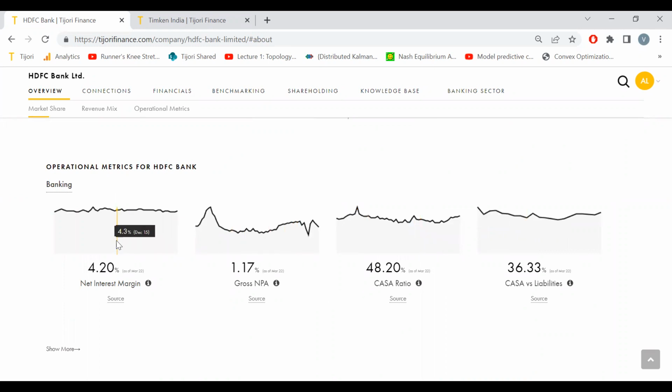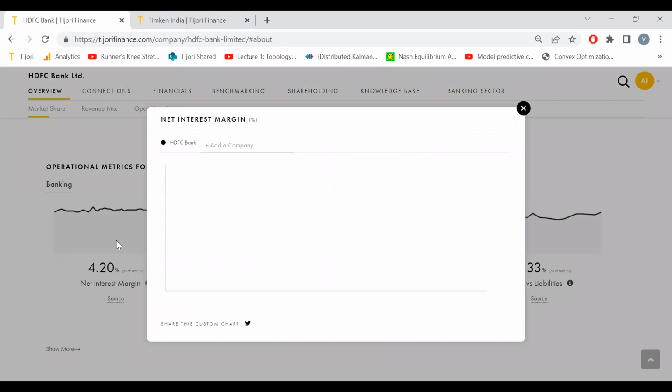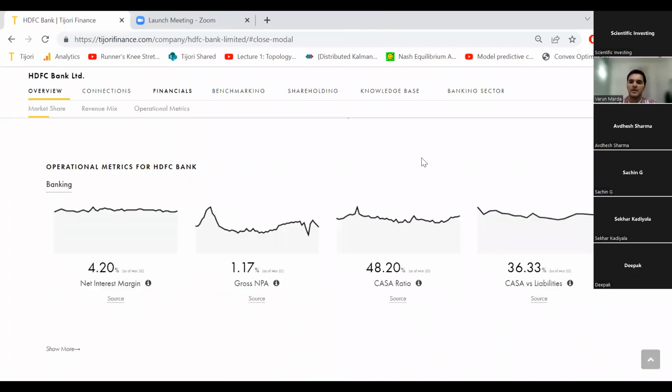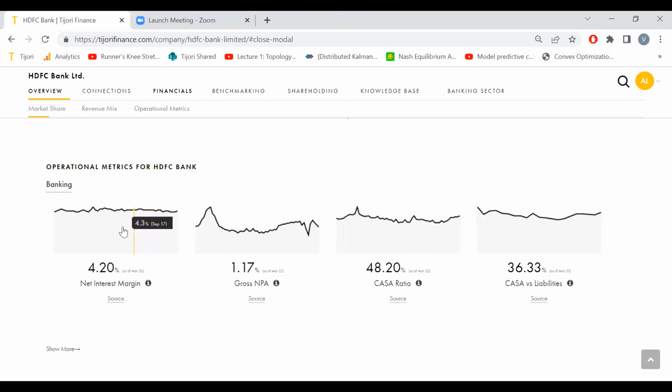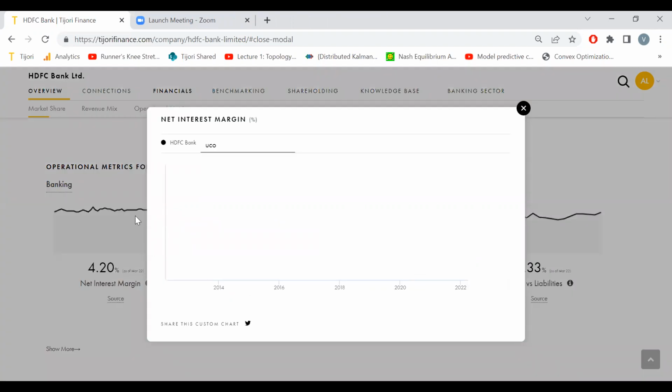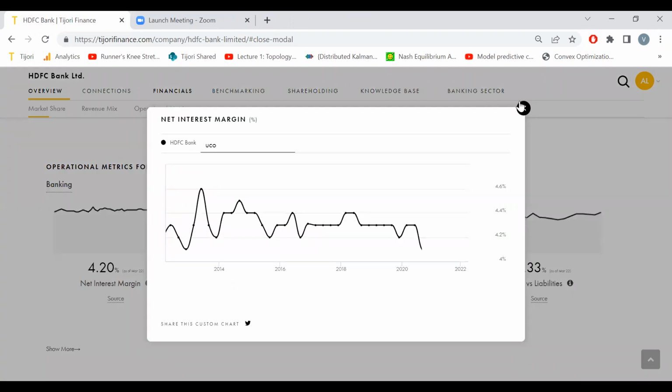Right. And I didn't mention that you can click on this and then you can compare it right then. Yeah. So like I was saying, to do research, you can get all this unstructured data. For HDFC Bank, you'll get the NIMs and the CASA and whatnot, how it compares over time. You can also add any comparison you want.